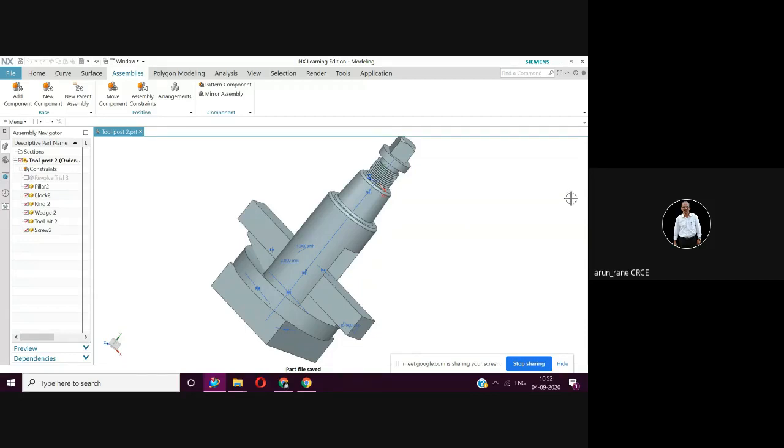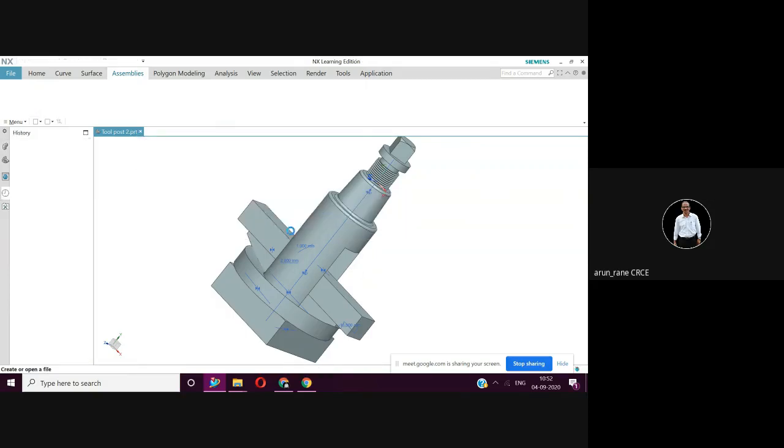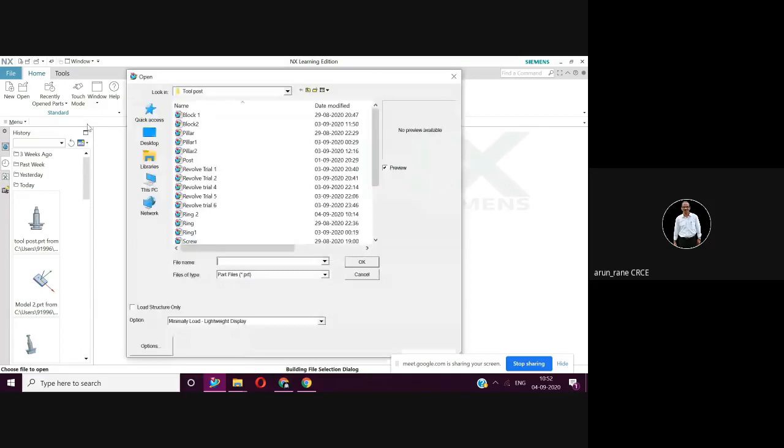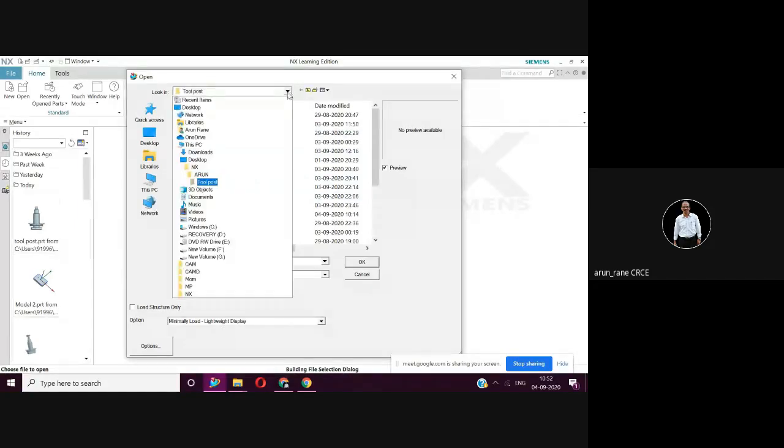Actually, I wanted to take toolpath simulation, but I don't know. Now there are only 8 minutes. See now here, I'll close this part and components. Close this. Now go to the home. See, our fourth module is CNC. Fourth and fifth module is CNC. So in CNC there is simulation and programming. There is toolpath simulation and programming. So in NX, toolpath simulation and programming are possible.